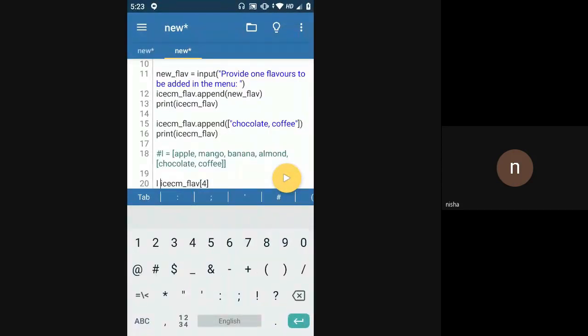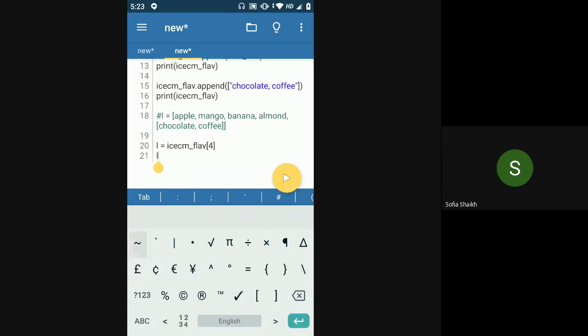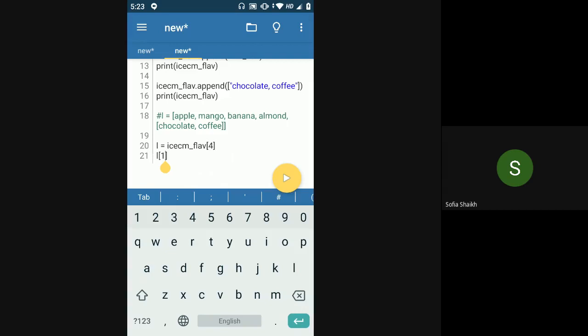Now if I want to get the coffee flavor from this list, I'll say L of 1, right? This L is chocolate coffee. L contains the value that is present at index 4, which is a list which has its own values. So this list will get stored into L. Now if I want coffee, I'll say L of 1, right? So if I want to directly access it,